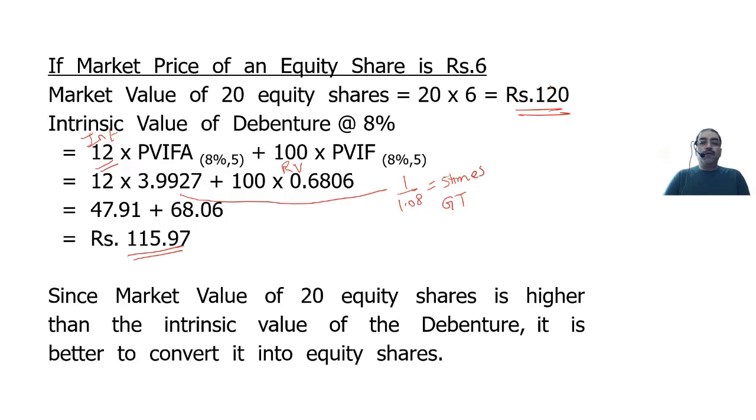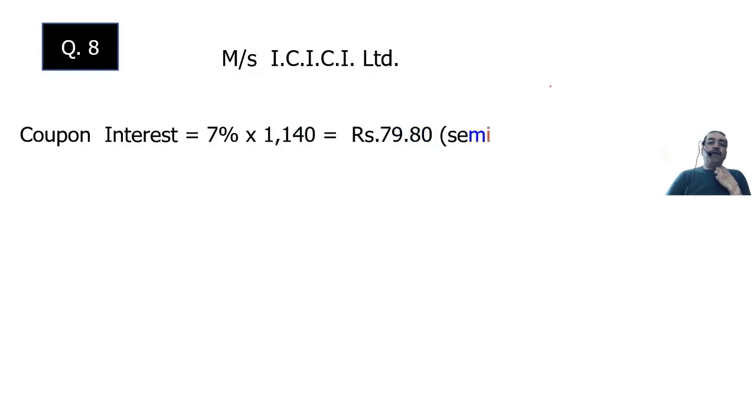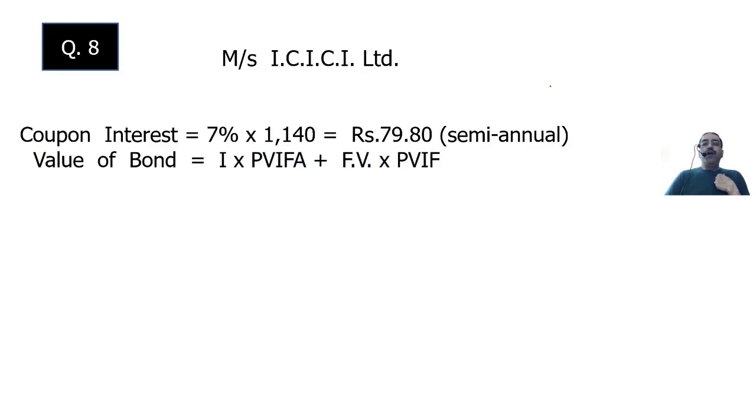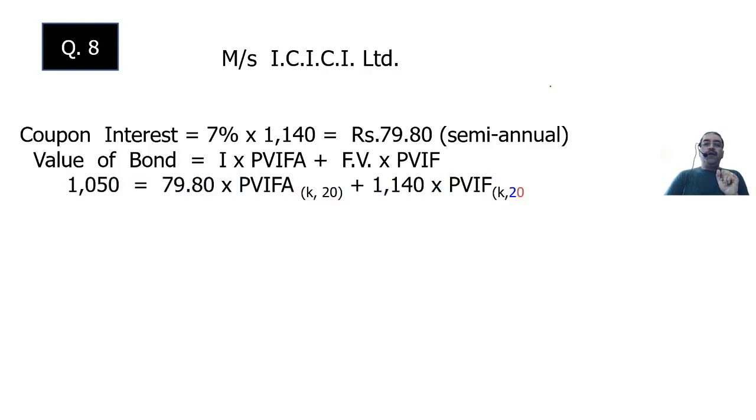Chalo, let us find out how to solve. Question 8. Coupon interest is 7%: 14% annually, 7% for 6 months, always to be calculated on face value. So we get 79.80 semi-annual. How to calculate the value of the bond? Interest into annuity factor plus face value into PVIF. What is the value of the bond given to me? 1050. Interest is 79.80, which I've just calculated, into annuity factor at K rate of interest. K is your YTM, for